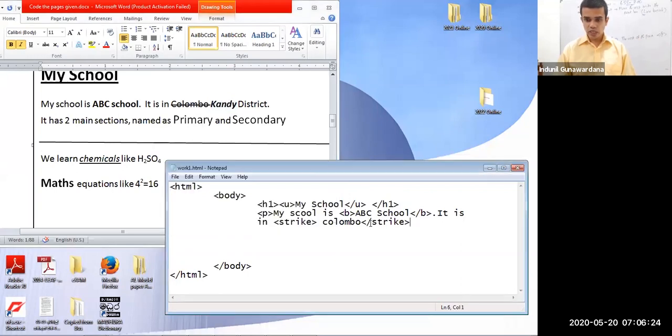As soon as I close the strike at the Colombo word, I have to start another opening tag. I have to go for another opening tag, that is bolding. Is that enough, or should I include the italic as well? I have to include the italic as well. Fine. Then I may include the text Candy, starting from capitals.